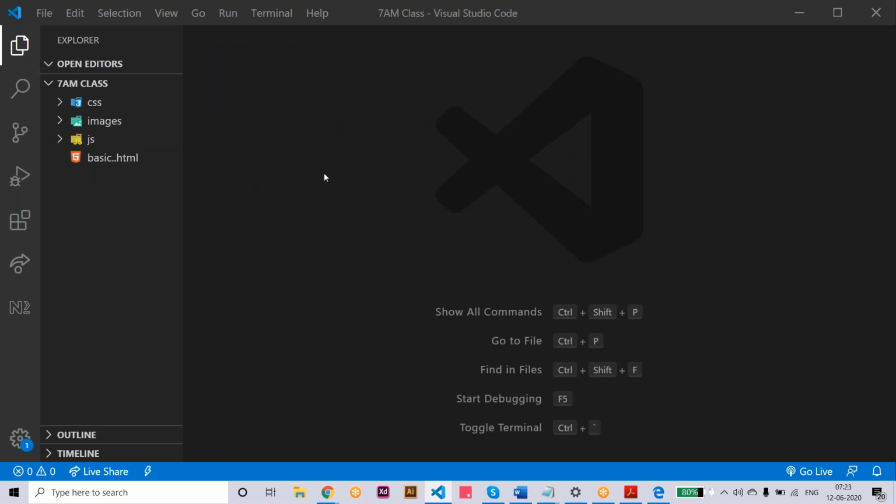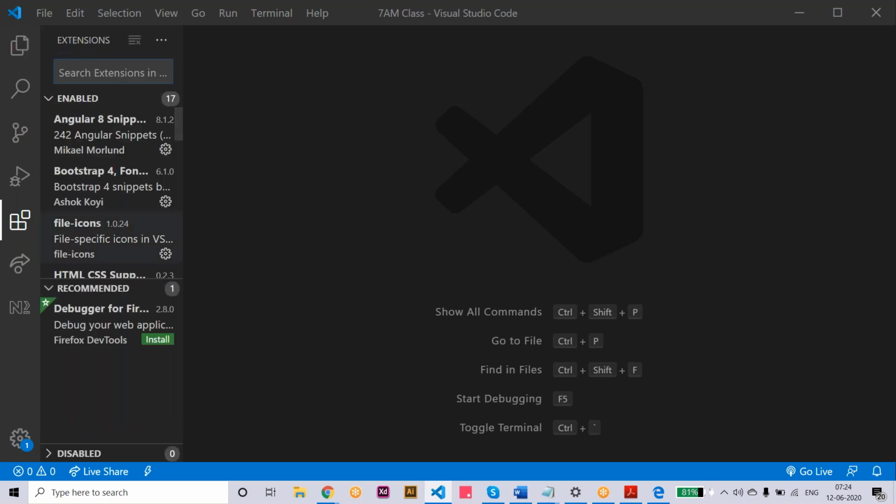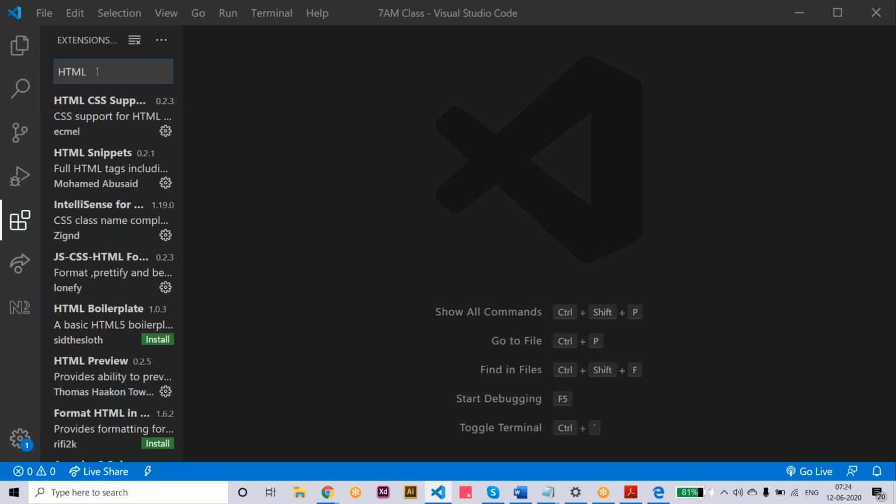After installing your application, you will have all these buttons on the left side. Here, the second way of installation: click on extensions. In the search box, just type your word, your language, HTML or CSS or JavaScript. Once you type HTML, everything related that I saw on the Google marketplace search is available in this search result box, like HTML, CSS, JavaScript, Bootstrap,